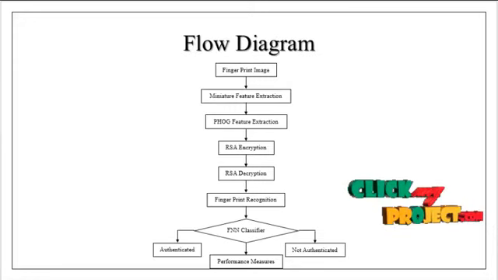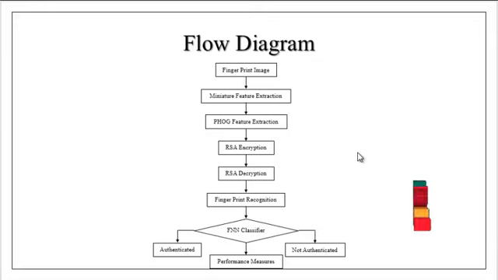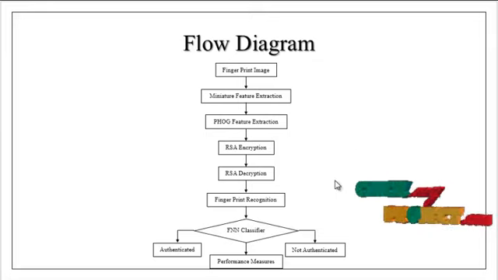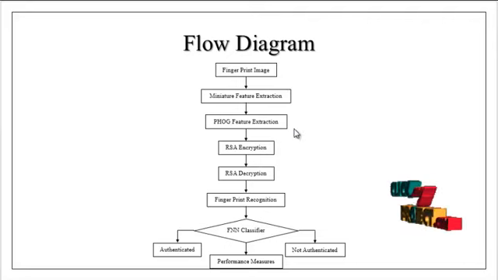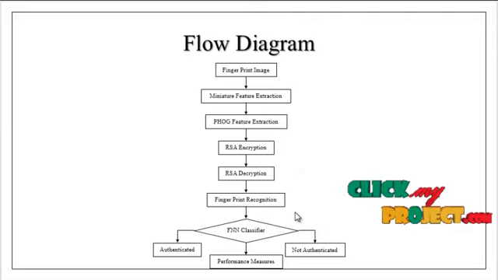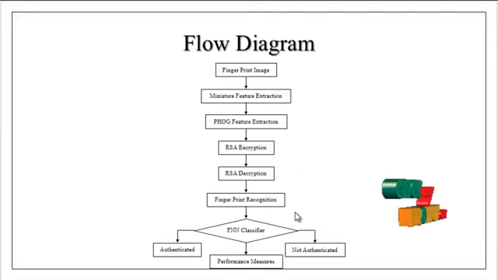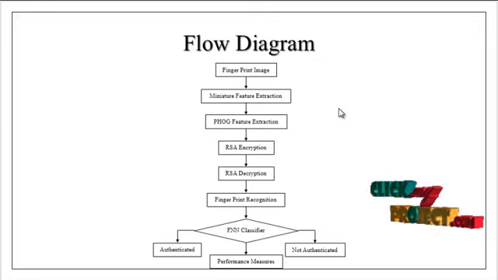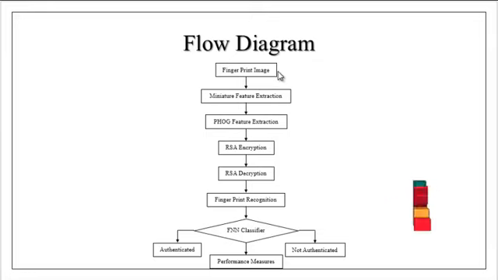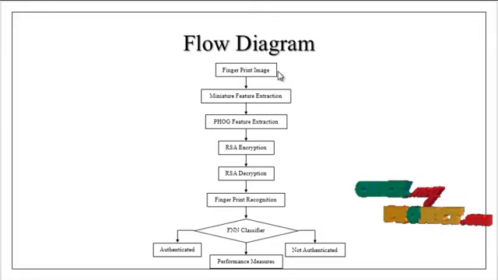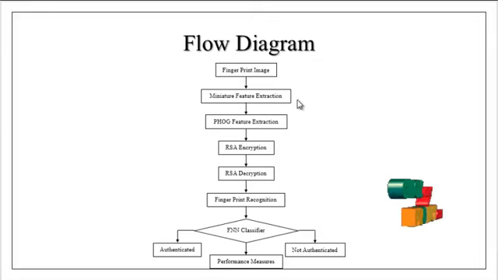Now we are going to discuss the flow diagram of the process. This is the overall working flow of this process. This process consists of modules such as input, pre-processing, feature extraction, encryption, decryption, classification, and finally performance estimation. These are the overall modules we have done in this project. At first, the fingerprint image is taken from the dataset. The dataset consists of several images, both authenticated images as well as unauthorized images. After getting any one image from the dataset, we go to the next stage of the